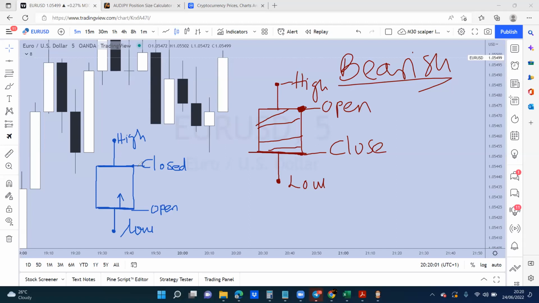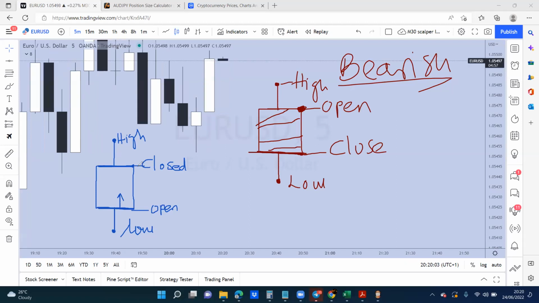For a candle to be bullish, it means during the lifespan of that candle, buyers won the tug of war. For a candlestick to be bearish, it means during the lifespan of that candle, sellers won the tug of war, and therefore the candle will be bearish. If sellers won,